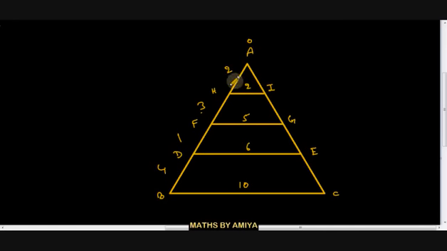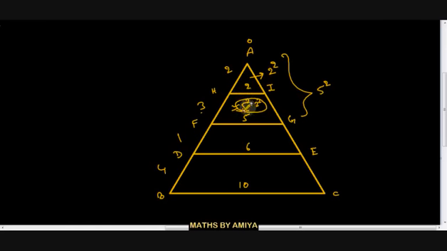The next concept is the area concept. When we have bases, the area is in the ratio of the side square or the base square. The area of this triangle should be nothing but the base 2 squared. The area of this triangle AFG, with the respective base 5, is nothing but 5 squared. So the area of this quadrilateral is 5 squared minus 2 squared, the bigger triangle minus the smaller triangle. So we can say for this, the area ratio is nothing but 5 squared minus 2 squared.